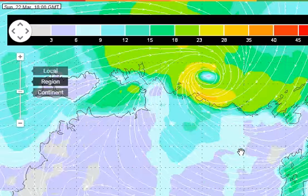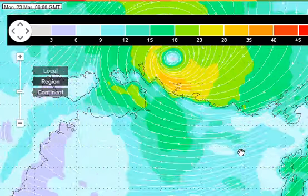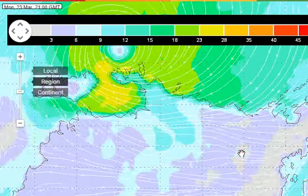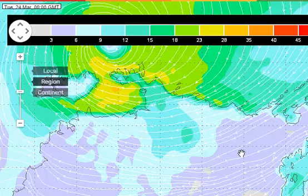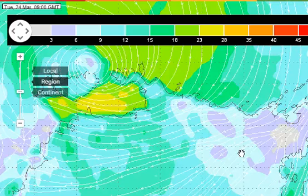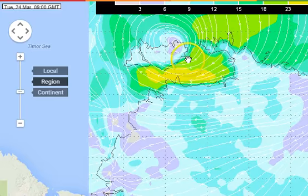And then if we continue tracking it further, we can see it gets into the Arafura Sea. If it can get clear of land masses there in the Arafura Sea, it might start to intensify again, and then continue to track. You can see it just on the edge of your screen here as we go through to Tuesday afternoon, Tuesday evening, passing right over the top of or just to the north of the Coburg, and then over the top